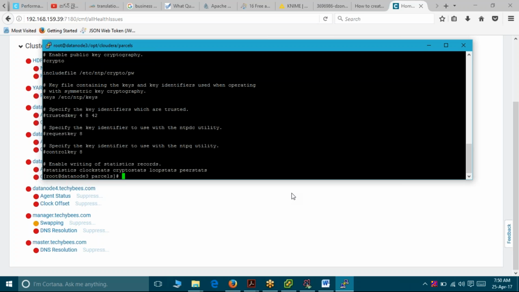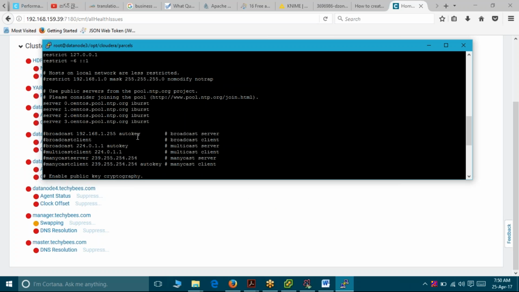Slash etc slash. It is pointing to the server, I mean, the public thing only. Server G, that is CentOS pool 1, and this is enabled with internet. No way that the clock speed or the clock offset is